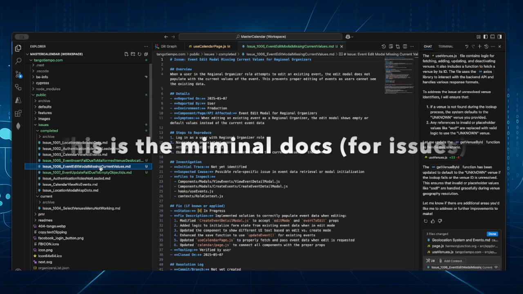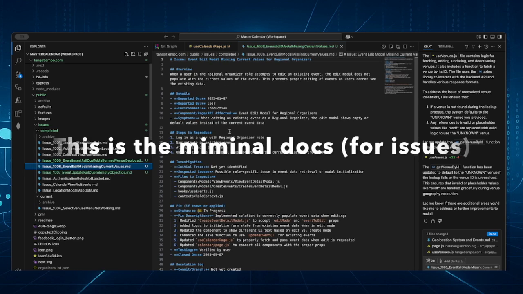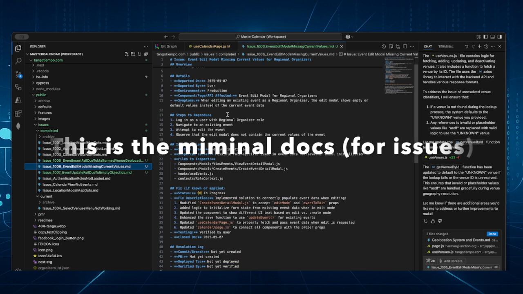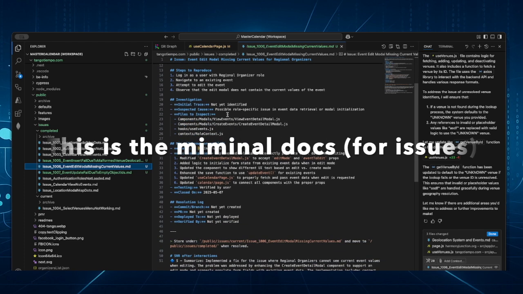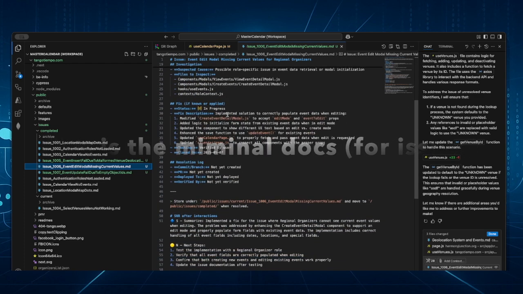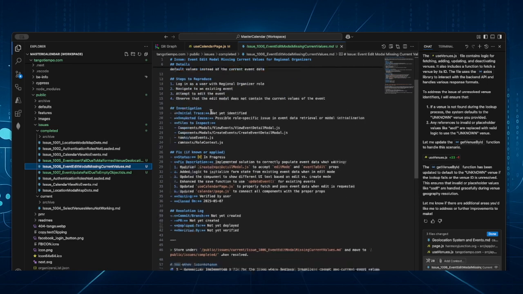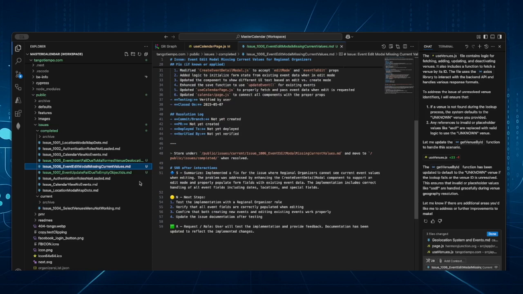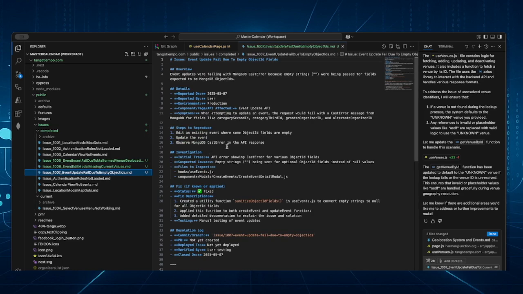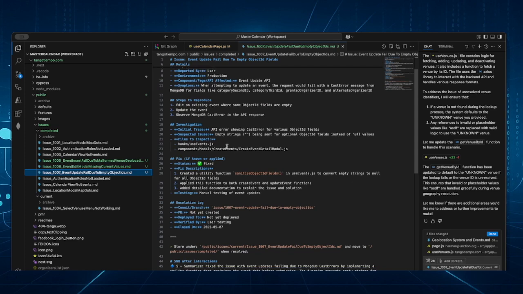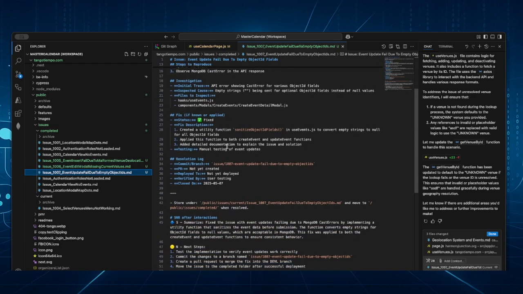So here's the first one. It's pretty cool documentation. And here's the second one. What it did to fix it, what it did,